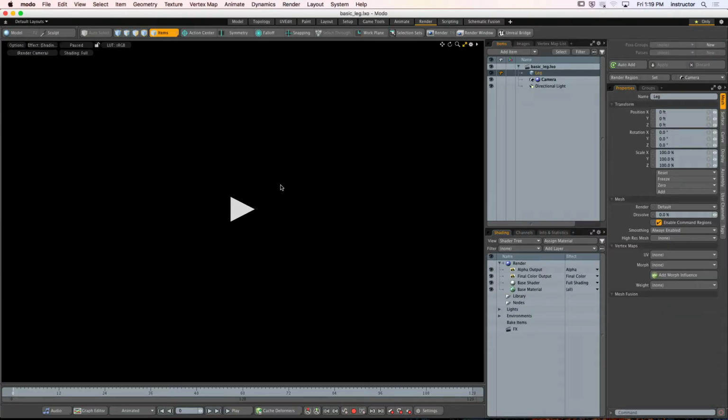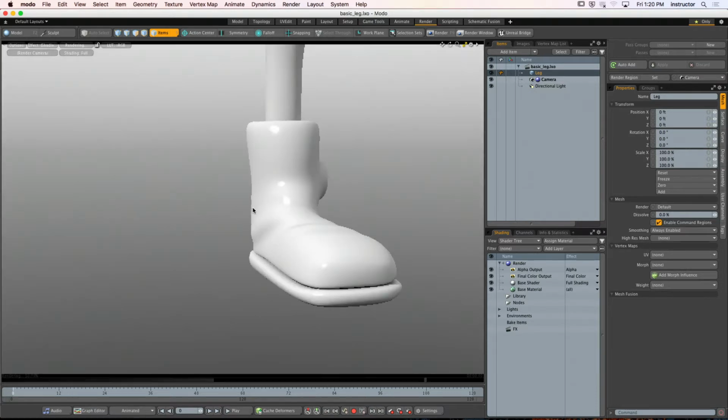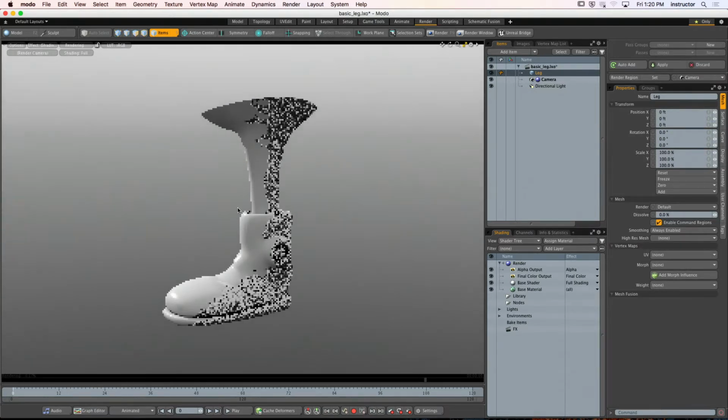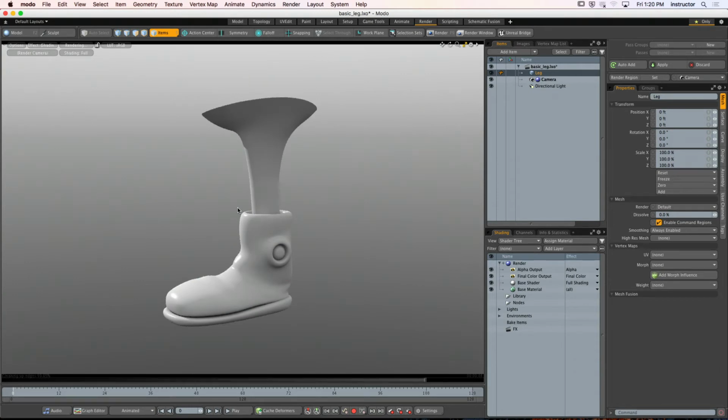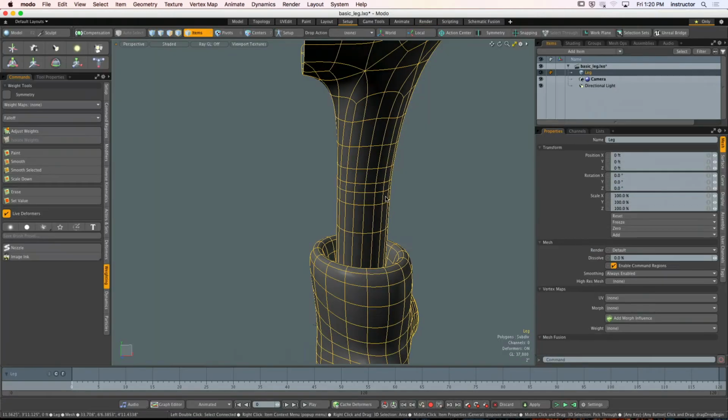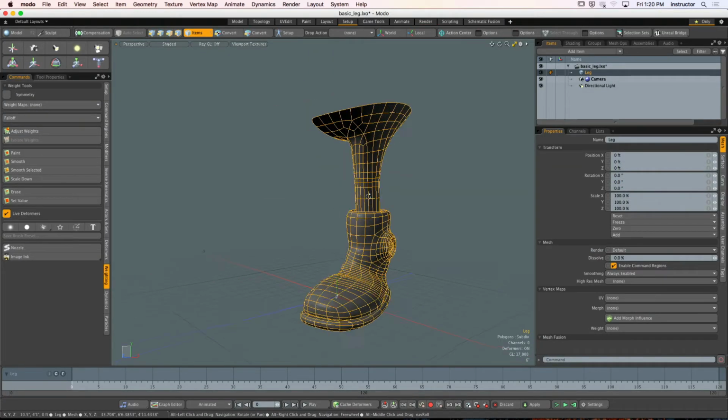Let's take a look at the file. Now, I didn't make this model file, so I can't take credit for its awesomeness. If you look at what we're working with here, it is just a leg, okay? It's not a whole lot, and it allows us to focus on really the concepts that we're striving to really master today. So if we jump over into the Setout tab,